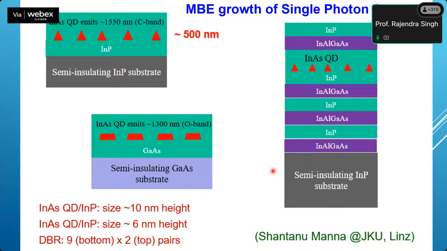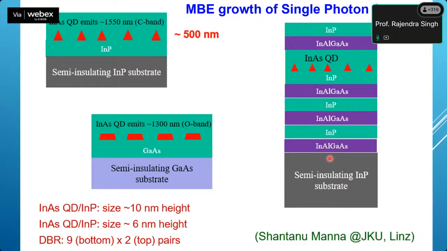So there was a question about quantum dots. He is an expert in quantum dots, and he grows these quantum dots. These are semiconductor quantum dots actually, because quantum dots can be grown by various methods. But these are semiconductor quantum dots, which are grown by molecular beam epitaxy. This will be molecular beam epitaxy. You will have an ultra high vacuum chamber, and then you will cause a deposition of these kind of